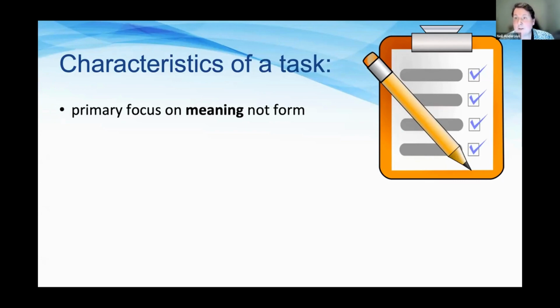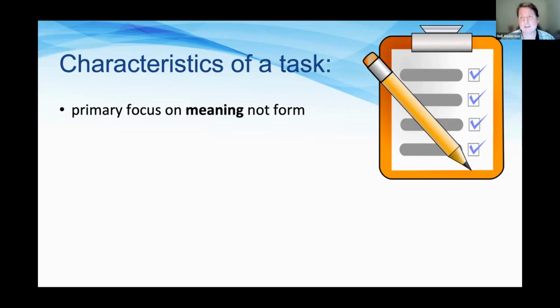And then there are others, including ourselves, who think that tasks don't have to precisely reflect what we do in everyday life. It should just be something that is authentic to everyday discourse. So discussions, negotiations, agreeing, disagreeing, problem solving.